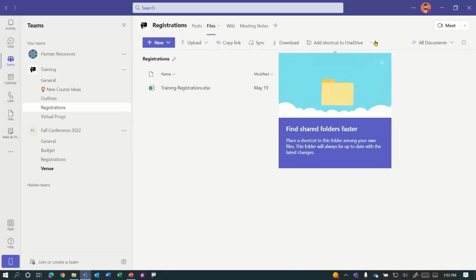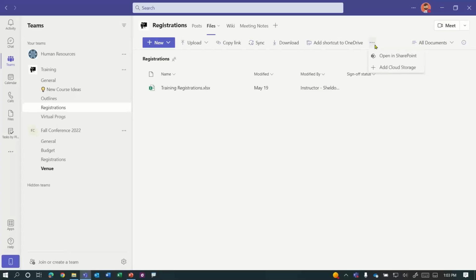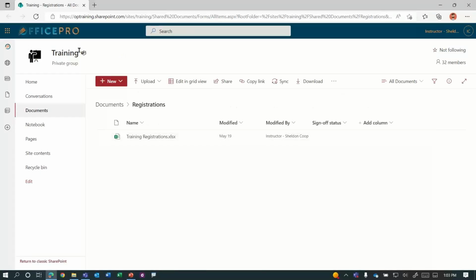I know that because if I click on the ellipsis, let me close this pop-up here, and tell it to open in SharePoint, notice it took me to that team's SharePoint site, to that SharePoint site's documents library, and that channel's folder. You see that?